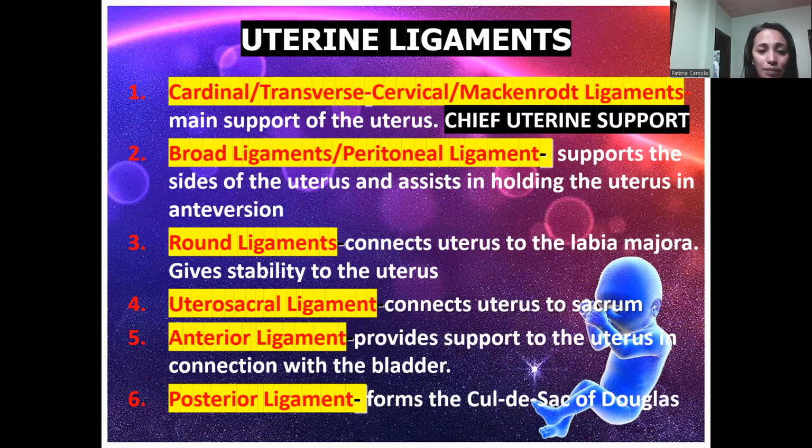Cystocele is when the anterior ligament is damaged, okay? When the anterior ligament is damaged, it is a protrusion of a part of the bladder into the vagina. For the posterior ligament, it is a protrusion of a part of the rectum into the vagina, okay? You will have a rectocele. If the posterior ligament is damaged, you will have rectocele, and you will have the protrusion of a part of the rectum into the vagina. Again, what is rectocele? It is the protrusion of a part of the rectum into the vagina. When you say again that anterior ligament is damaged, you will have a cystocele. Cystocele is the protrusion of a part of the bladder into the vagina.